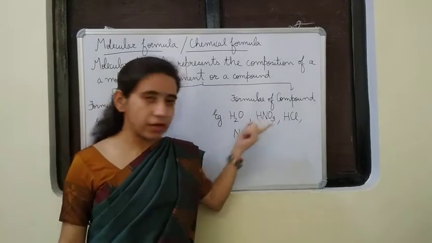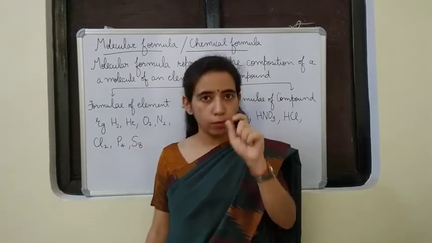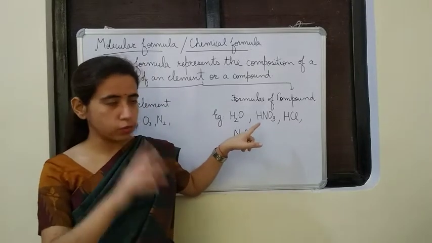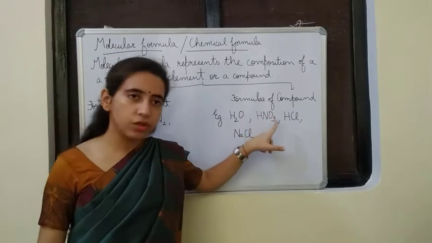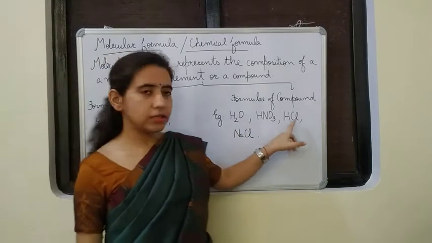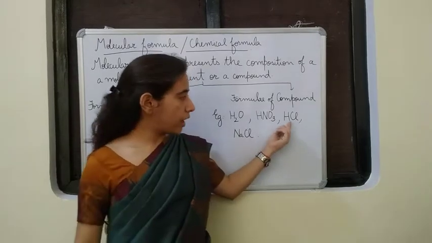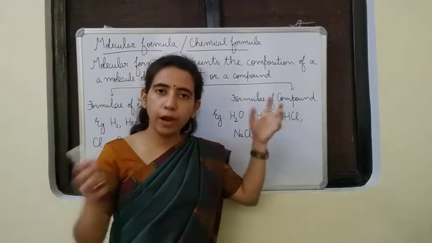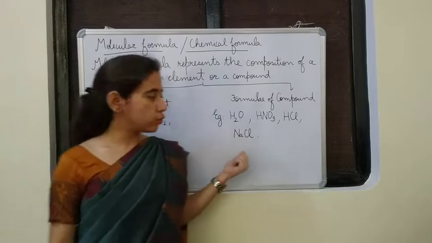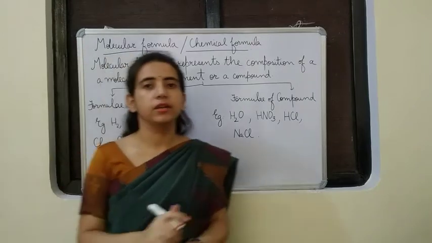Here you see 3 different types of atoms are there, and by looking at the formula you can say the number of atoms present in one molecule also. If nothing is written, that means what? It is understood as 1. So 1 hydrogen, 1 nitrogen and 3 atoms of oxygen combine to form one molecule of nitric acid. Next one is HCl. Here also nothing is written in the subscript, that means 1. So 1 atom of hydrogen and 1 atom of chlorine combine to form one molecule of HCl. Then next is NaCl, common salt. In this one atom of sodium combines with 1 atom of chlorine to form a molecule of NaCl.